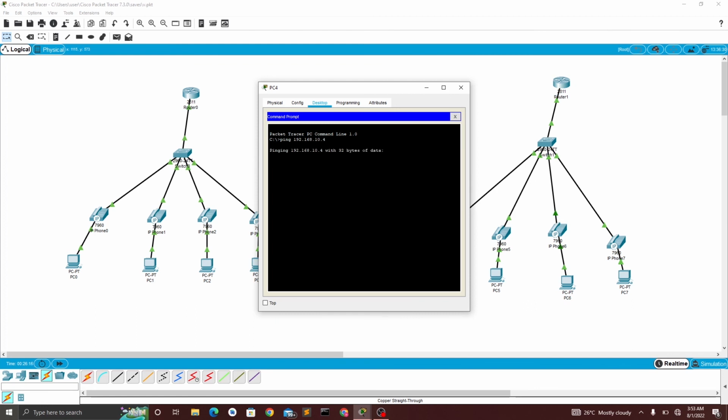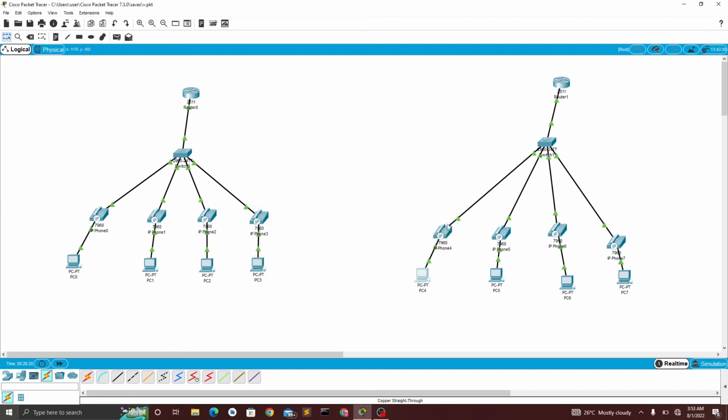Different device. Ping it. Let's see. So you can see it's a successful ping, meaning devices across even the data network or data VLAN can actually connect to each other using this port. Technically, I've configured 2 VLANs on this port, 2 VLANs on this port, 2 VLANs on this port, 2 VLANs